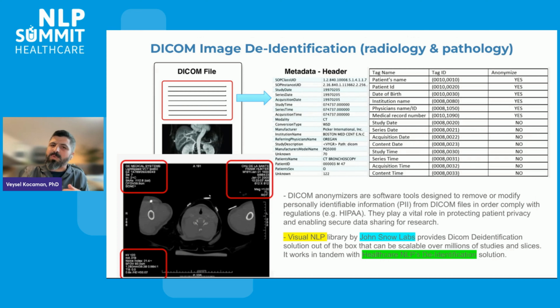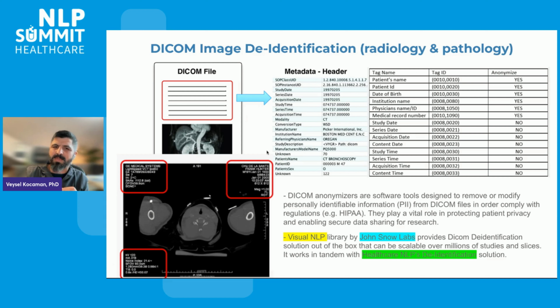The last one is the DICOM identification. With DICOM identification, you have DICOM images, and each DICOM image may come with some sensitive data burnt onto the images as well. Or there are some PDF or test reports also written as DICOM files that you cannot process as if it's free text. And DICOM also has some metadata, header information that needs to be identified or obfuscated as well,